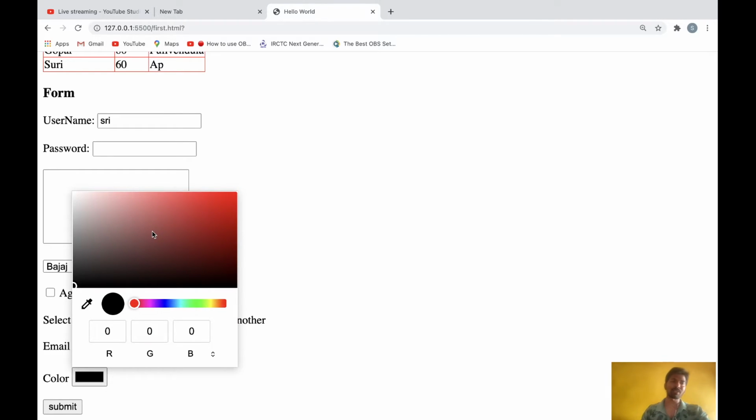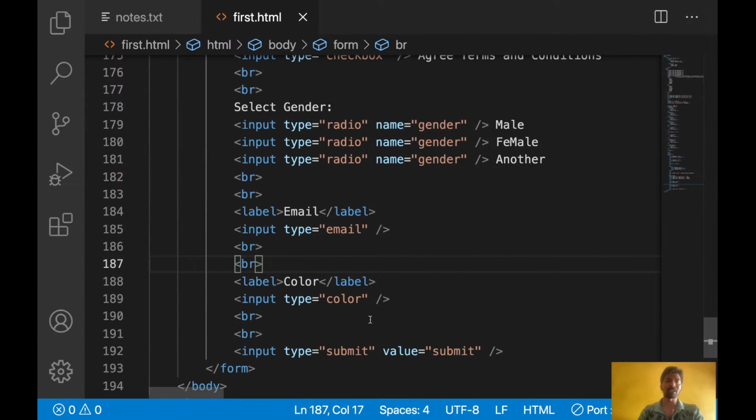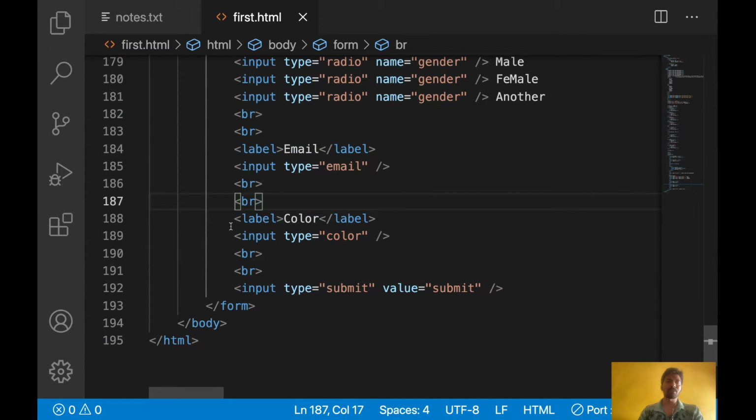If you want to give the user an option to select some color, you can use this one. I'm just selecting this one. Let's see multicolor, if you want to select, you can use this. In the form, if you want to give an option to select color, you can use this one, type color.